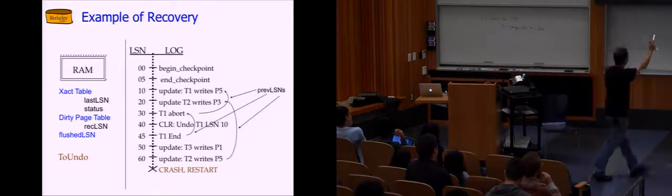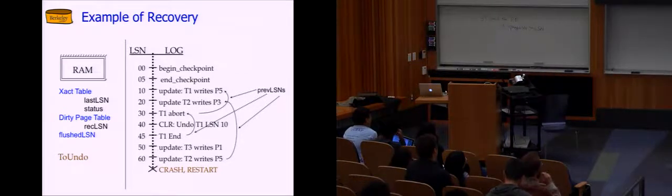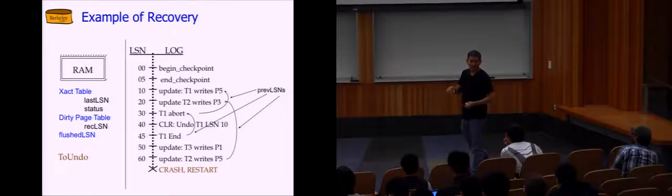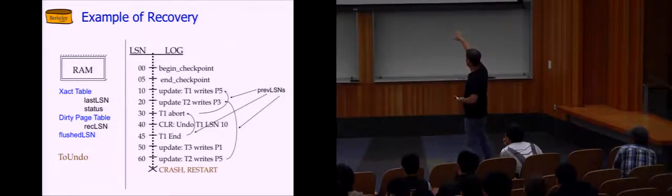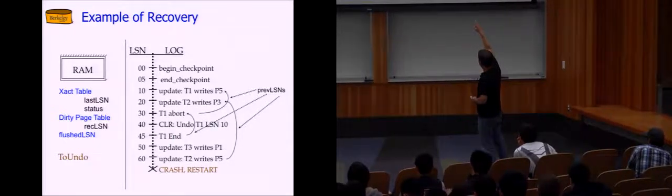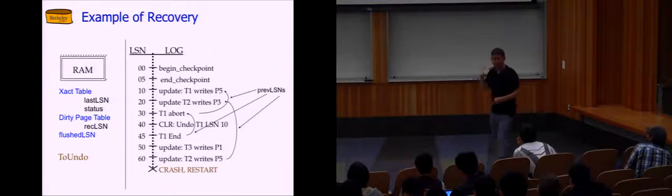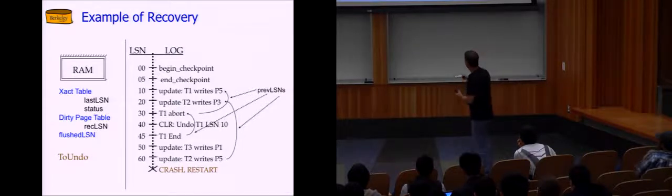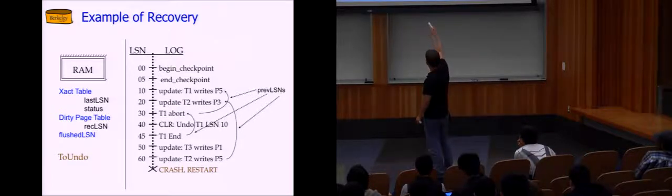So what I've written for 40, it's the CLR. The thing it's doing, I'm being sloppy about. I'm calling it undoing LSN 10, whatever that was. We wouldn't ordinarily write down LSN 10 in there at all. We'd write down undo next LSN equals null, right? And then the update, the redoable update. T1 now is done because its undo next LSN is null, and so it writes an end log